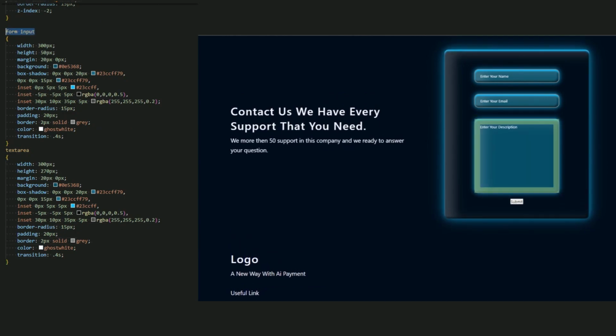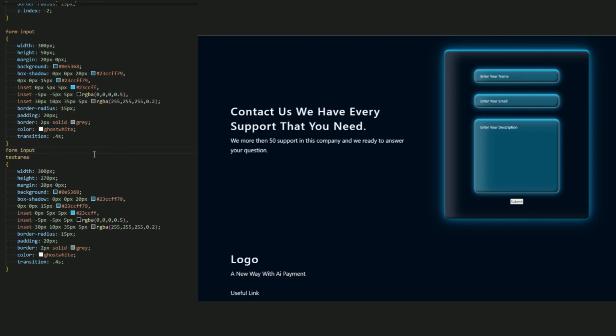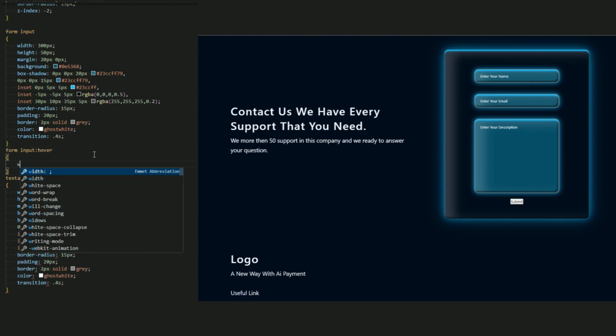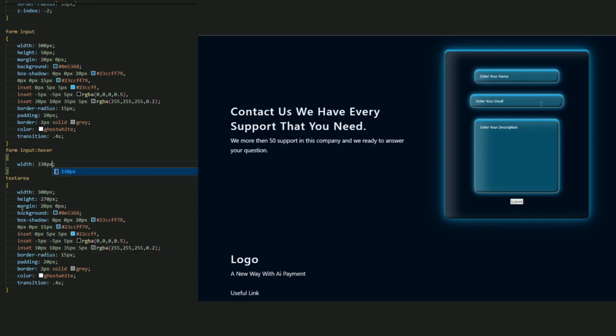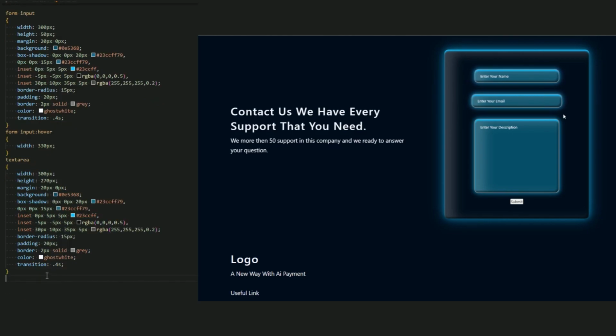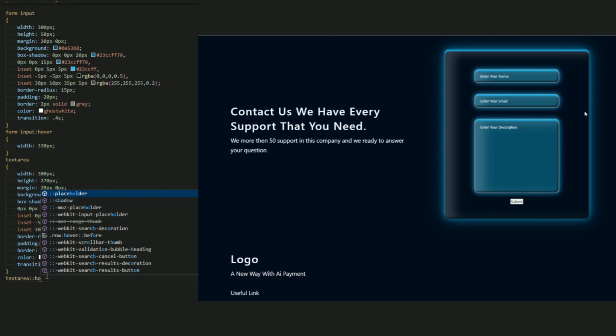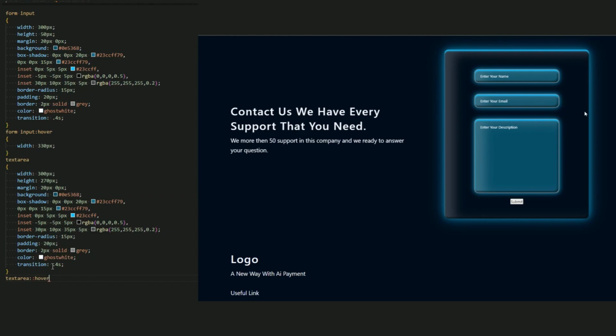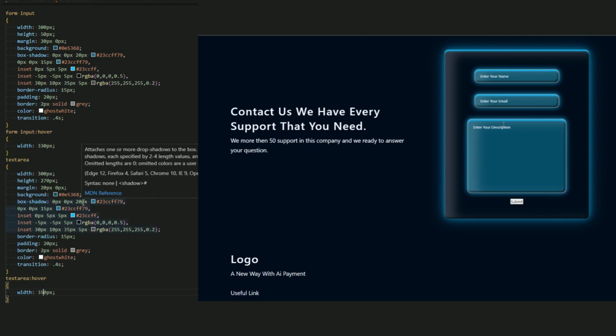Now for the form input hover, let's add a little width for it, 330 pixel is enough, I think, yes. And for the textarea, let it be a simple hover. I'm sorry, textarea hover. Let me add the same width, let it be 350 pixel.